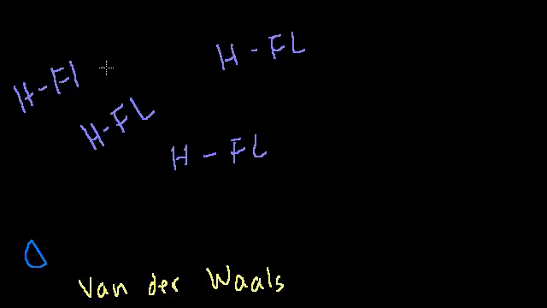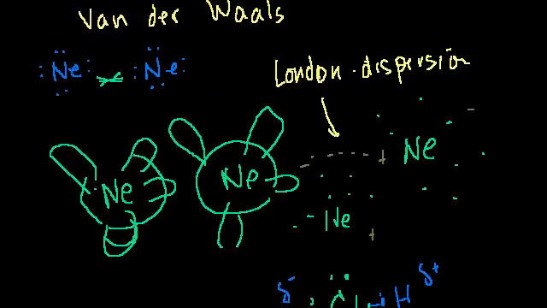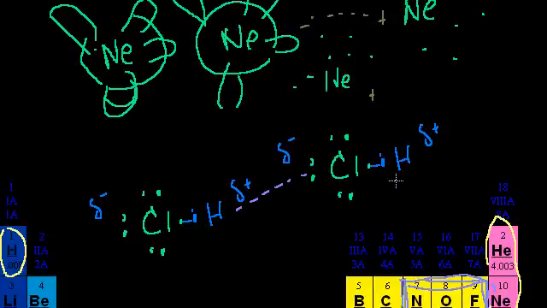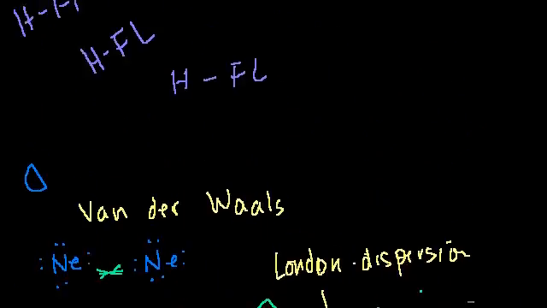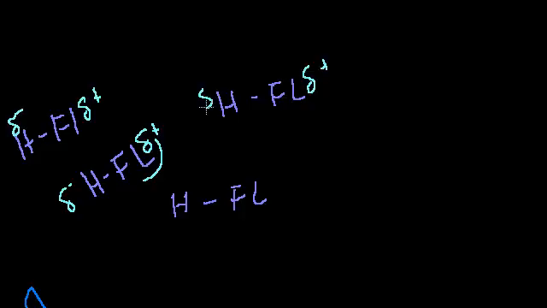Fluorine is ultra electronegative. It's one of the three most electronegative atoms on the periodic table, so it pretty much hogs all of the electrons. So this is a super strong case of the dipole-dipole interaction, where all the electrons are going to be hogged around the fluorine side. So you're going to have a partial positive charge, partial negative, partial positive, partial negative, and so on.